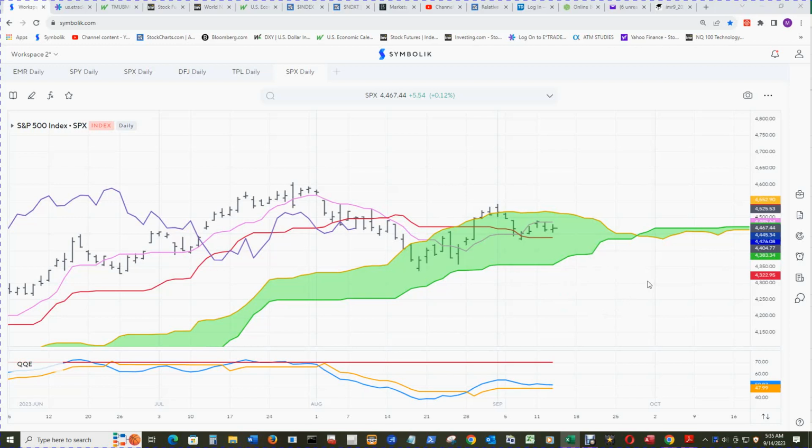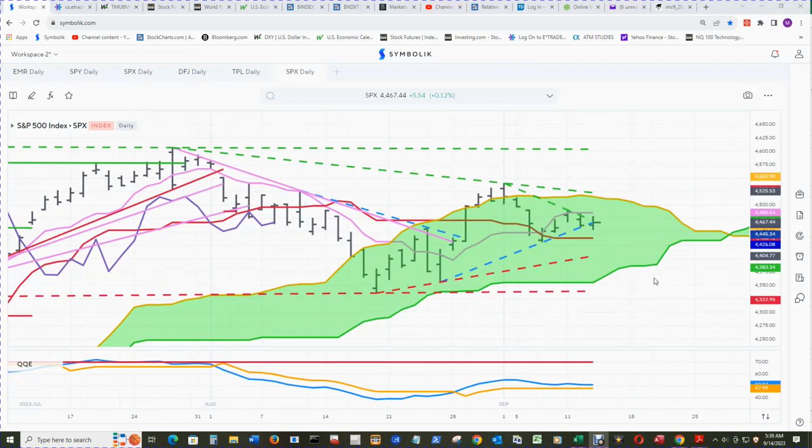The S&P 500 daily cloud chart shows the lagging line and the close for current price at 4467.44, and the baseline 26 bars back concerning this lagging line is still at 4496.06, and that gap zone is still available to hit with a low of this candle at 4496.01. That's the top of the gap zone.